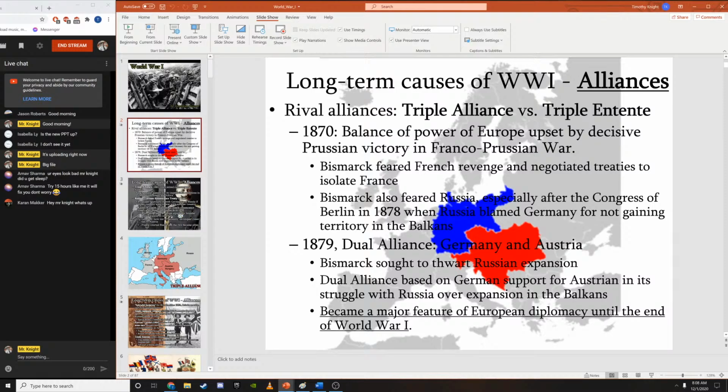And then France and Russia now have the potential to go to war on either side of Germany, which would mean that Germany would have to split its forces in half and fight on either side of the nation. And that is not ideal. That's really bad for Germany, okay? Because that was exactly what Otto von Bismarck was trying to avoid having happen.